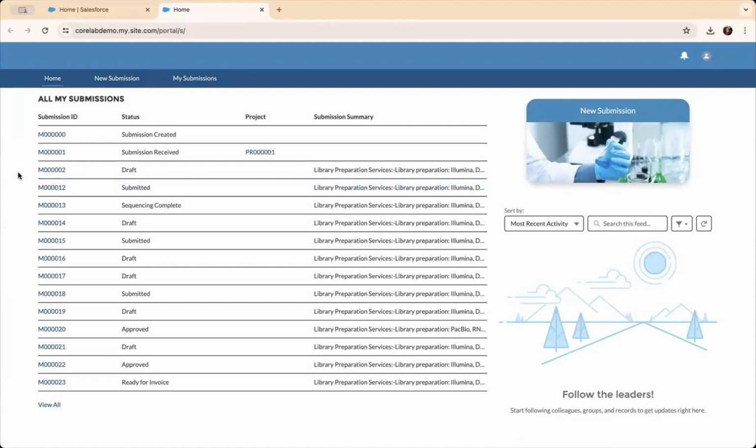Now we're going to see what those requesters would be looking at. One thing to note here is that I'm still logged in as myself, so I'm still a system administrator. So when I see all of my submissions, I'm seeing all of the submissions in the database. When you have these requester portals, you have really fine granular control over what records they can see. Most often, users are set up so that they can only see submissions that they've created or maybe that their